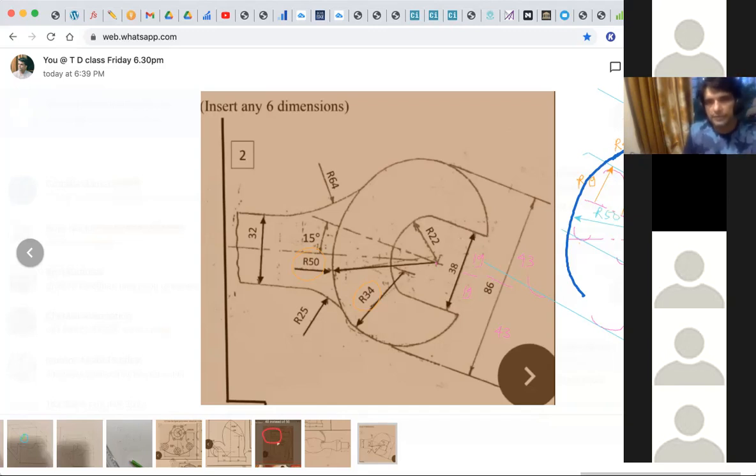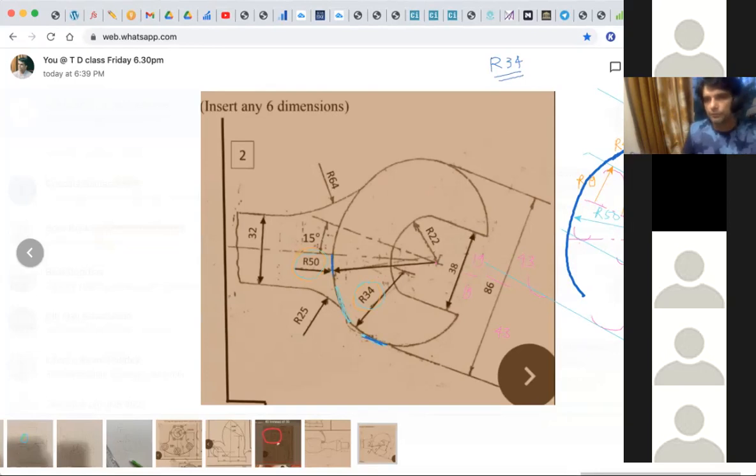After that, now this radius 34 is important. How will you draw this? If you see, this radius 34 is merging in radius 15 and it is touching this line. Whenever you go for any R, it will do two things. It must be touching something or the other. So right now radius 34 is touching this line, and it is touching this radius 50.